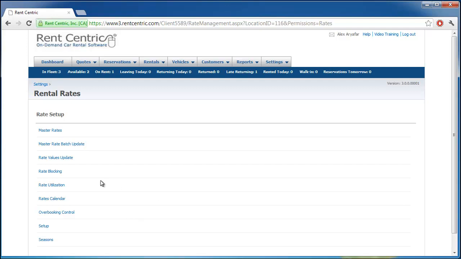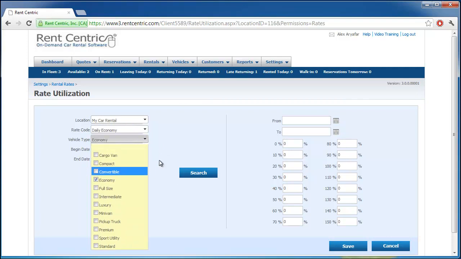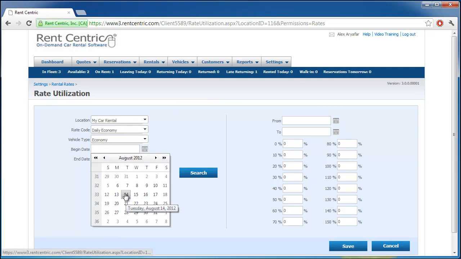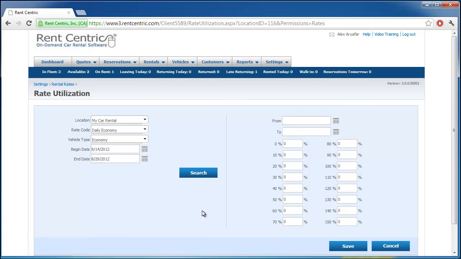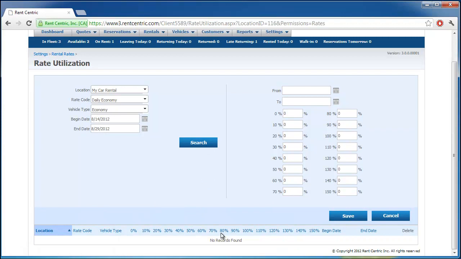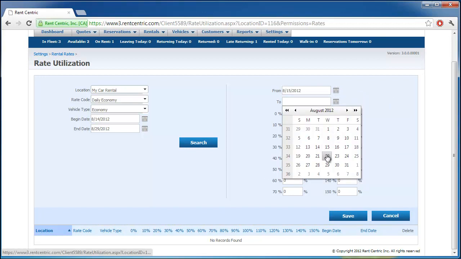Going back to rate setup, another feature which is very important is the rate utilization. Here, what we can do is that we can select the location, select the rate, select the vehicle type, and let's say for a date range, again, let's go from the 14th to the 29th. We can see what kind of a utilization we will have, and based on the utilization we can increase or decrease the rate. So in this case, we can say, let's say from the 15th to the 22nd in this week,